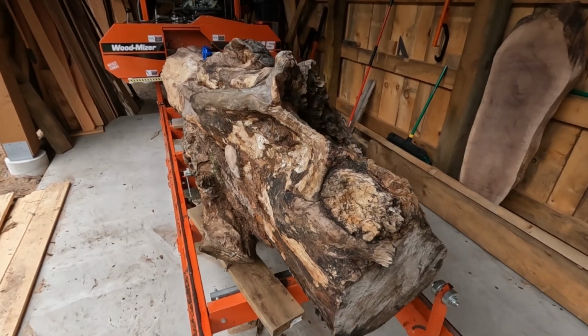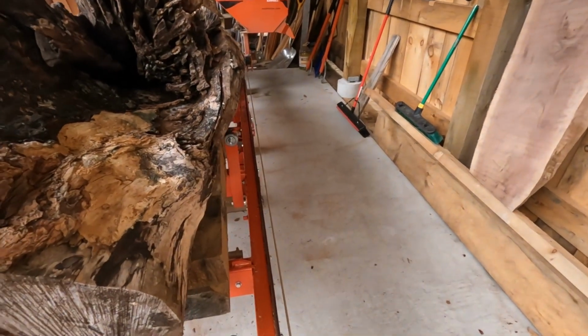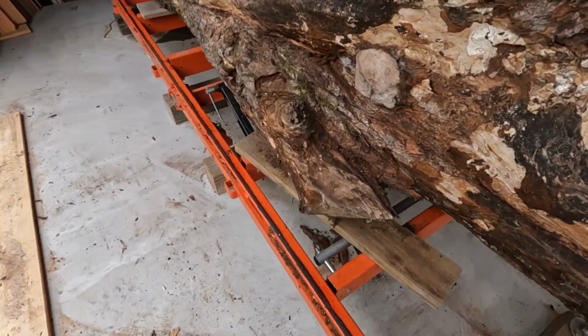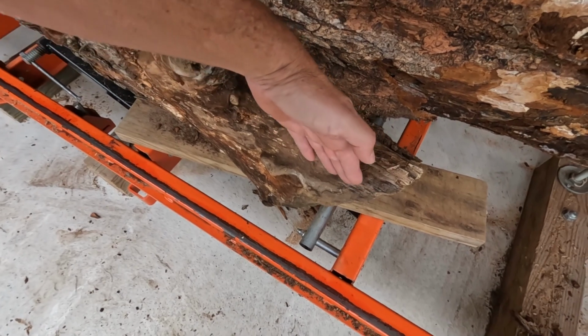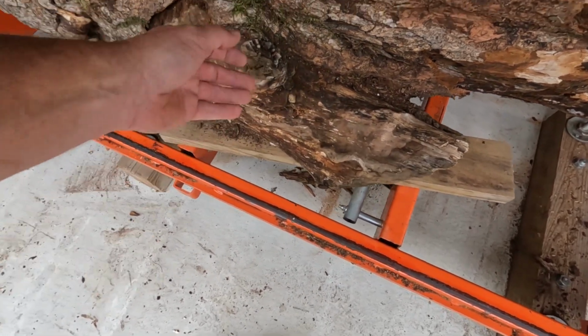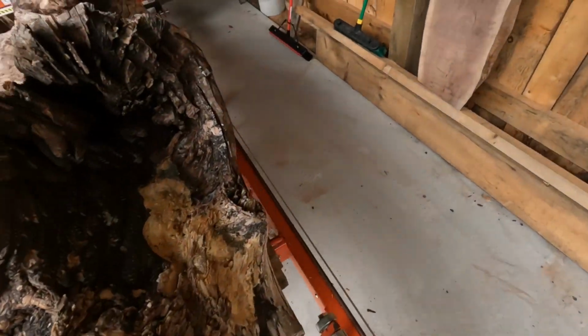We got it to fit on the mill, just barely able to sneak by, I think. I will do a little trimming with a chainsaw. I'm cutting a little bit off of here. I don't think I have to, but might as well get rid of it. And then this little nub here will come off. Then over on the other side,